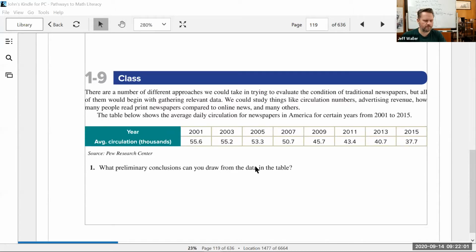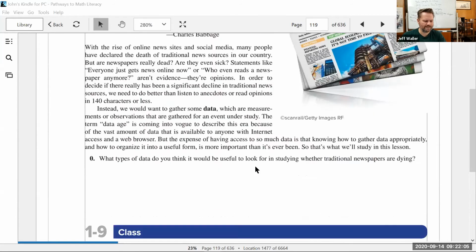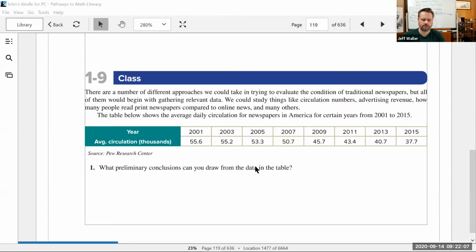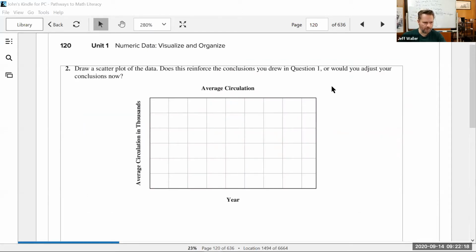What page is this on? Let's see, this is page 119. All right, I'm going to assume somebody's got those written down, or you can just look at it if you have the actual book. So if I want to plot those points,